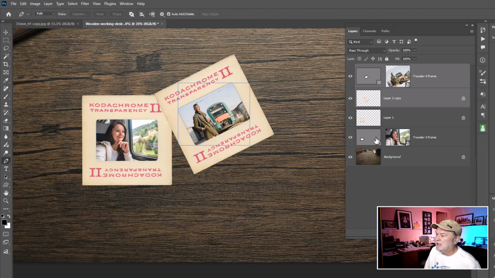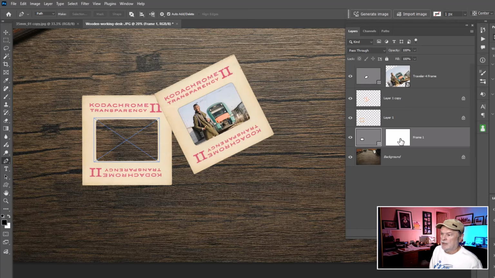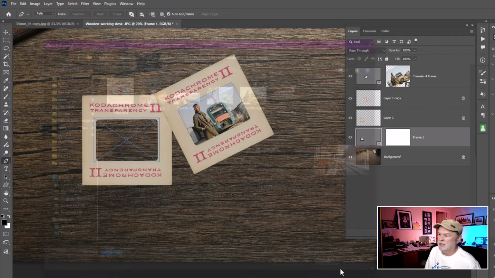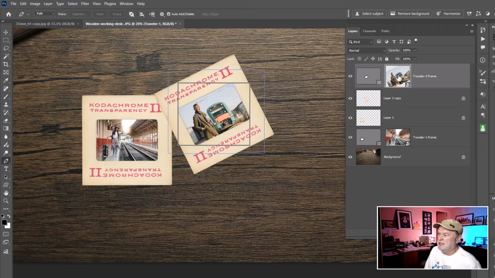Well, if I go to the other frame right here, make sure I'm on the image, not on the frame, but right here on the image. If I choose delete on my keyboard, that gets rid of the picture. And that means I can go back over here, import image, and I can drop in a different image. So again, I'm just sort of playing here. Okay, the problem I have is if I go to this image right here,